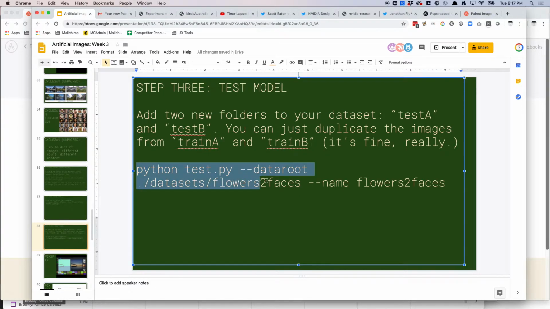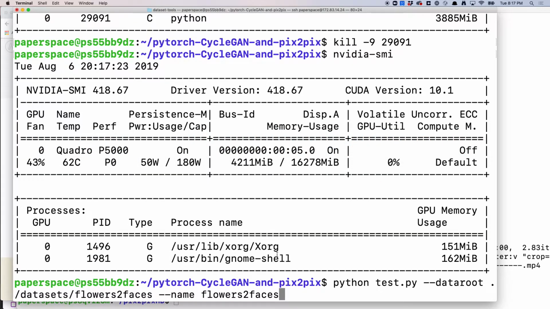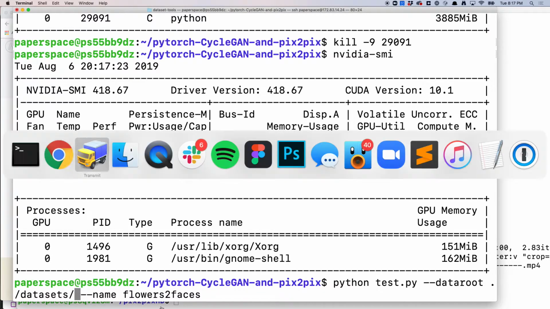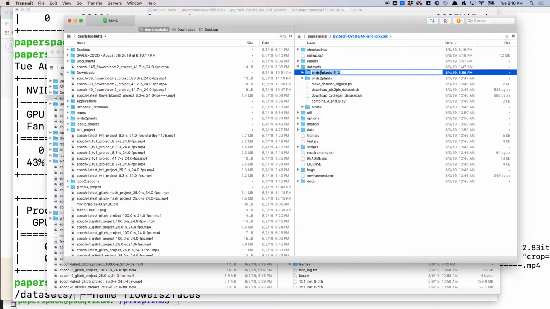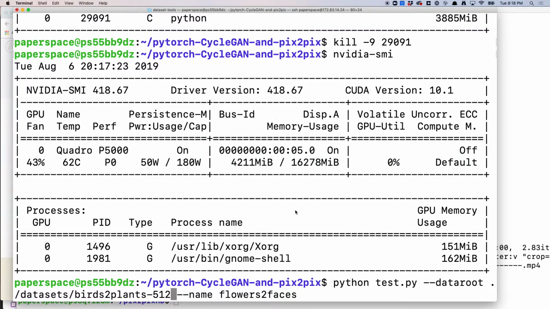All you do for this is you run Python test. Remember, in this case I duplicated those train images and called them test capital A and test capital B. All that says is now they're test images. To the machine, it doesn't know the difference, but I now know that I've created a test folder. What we're going to do is put this command in. We're going to say datasets, and the command is, I believe, let me double check to make sure I get this right. The dataset is this. And the name of the project is